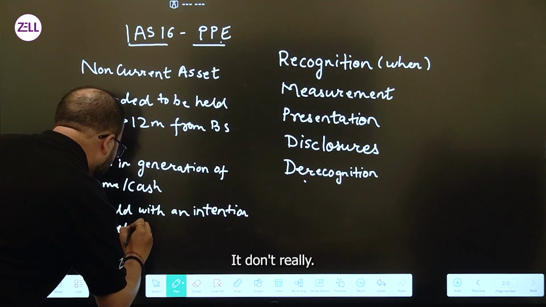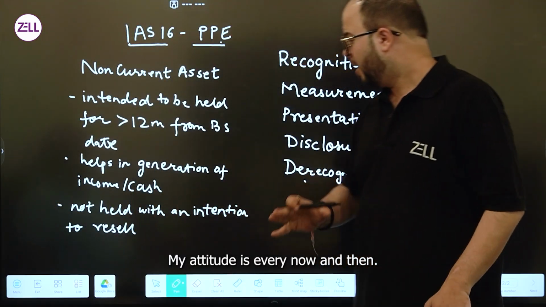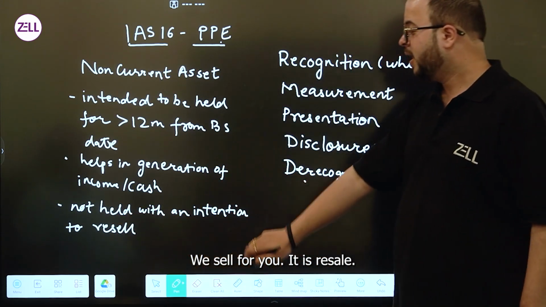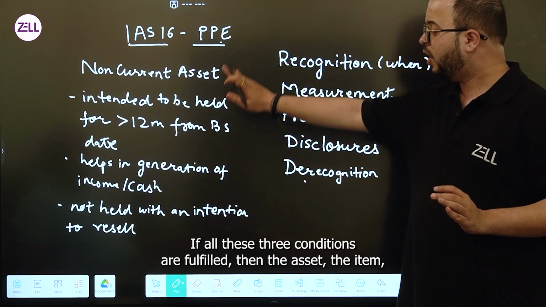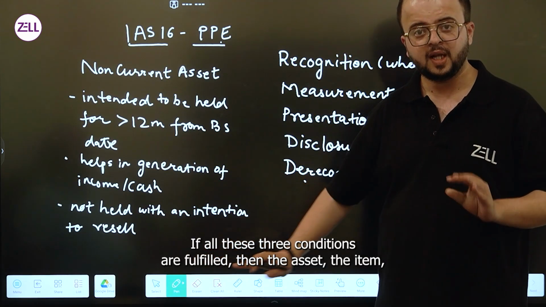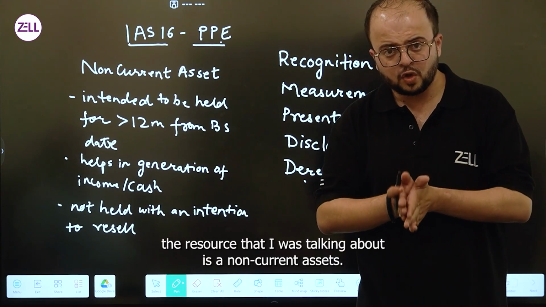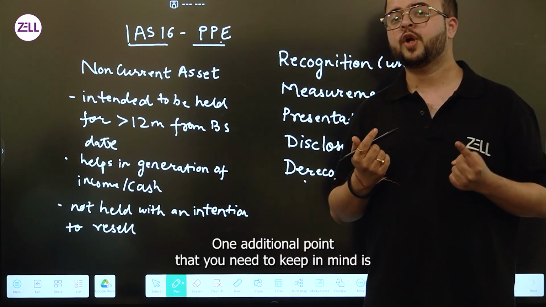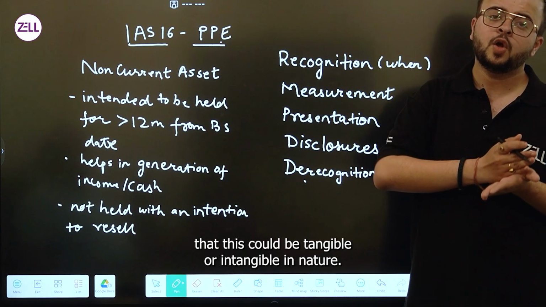I don't care about the way I write my R, it changes every now and then, but I hope it is not we sell for you, it is resell. So it is not held with an intention to resell. If all these three conditions are fulfilled, then the asset, the item, the resource that I was talking about is a non-current asset. One additional point that you need to keep in mind is that this could be tangible or